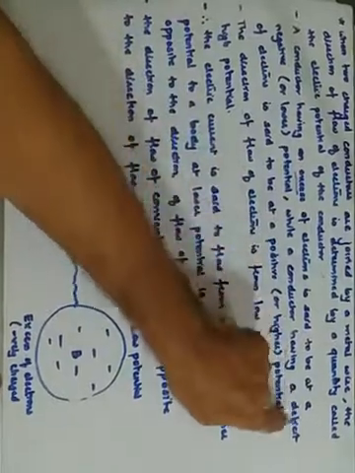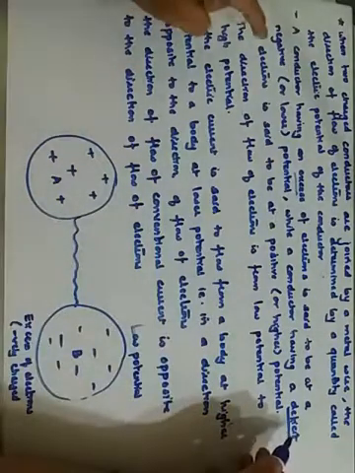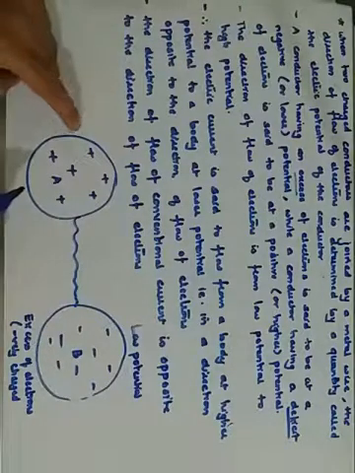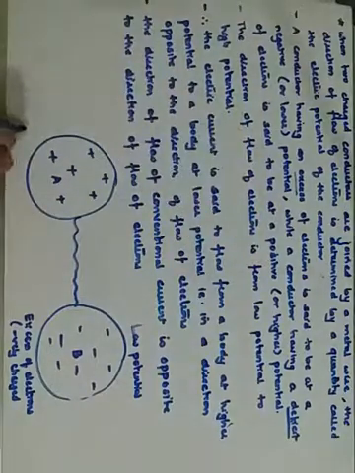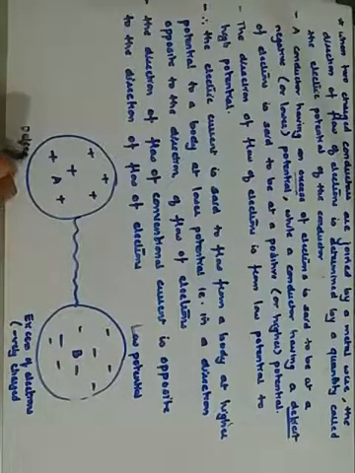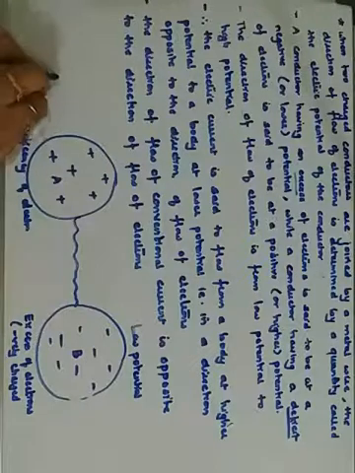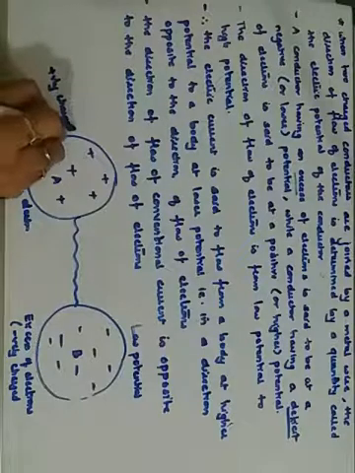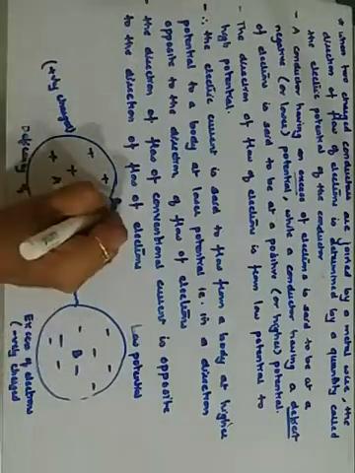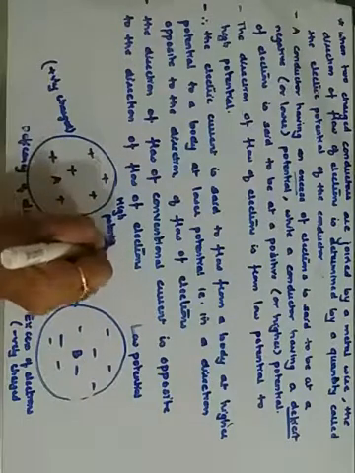While a conductor having a deficit of electrons, deficit meaning less electrons, here there is only positive charge, electrons almost none. So when there is a deficit of electrons, that conductor is said to be positive. This is positively charged. So here there is deficiency of electrons, and when there is deficiency of electrons, we call it positively charged. It is a positively charged conductor, and therefore this is at higher potential. This is called high potential. Understand? It is at high potential.